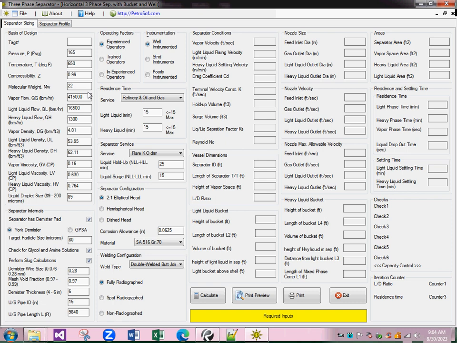The next section is the separator internals section, where the user can specify whether this separator has a demister pad installed in the internals. So once the user selects this option, further multiple options for selecting the type of the demister can be seen,